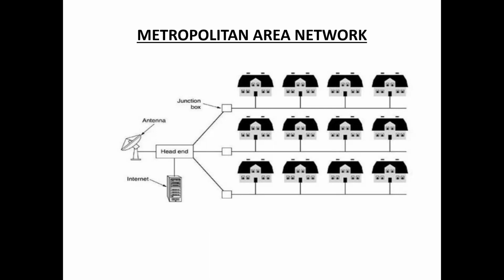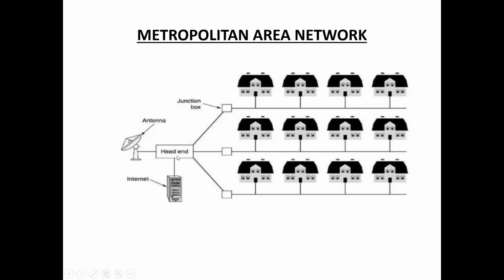Okay. So first here one large antenna was placed on the top of the hill. And then that signal is piped to the subscribers' houses. So first there is one antenna that was placed on the top of the nearby hill, and that antenna signal was piped to the subscribers' houses by using cables.